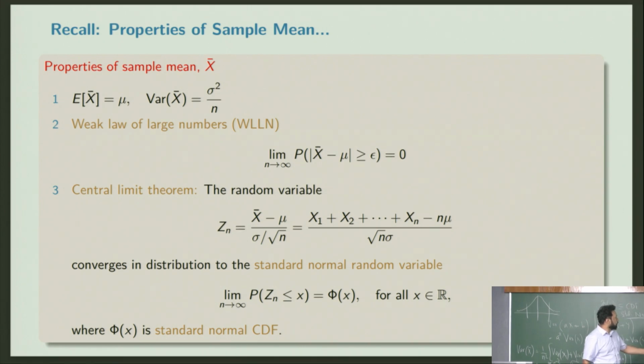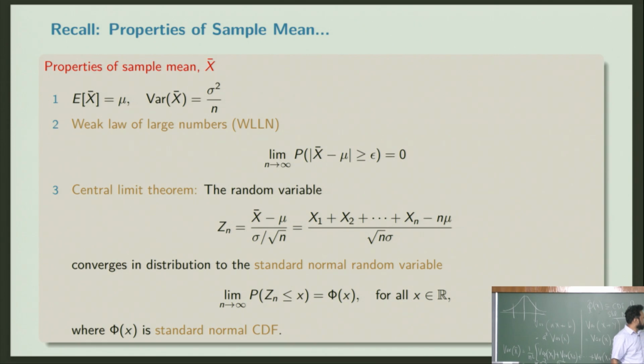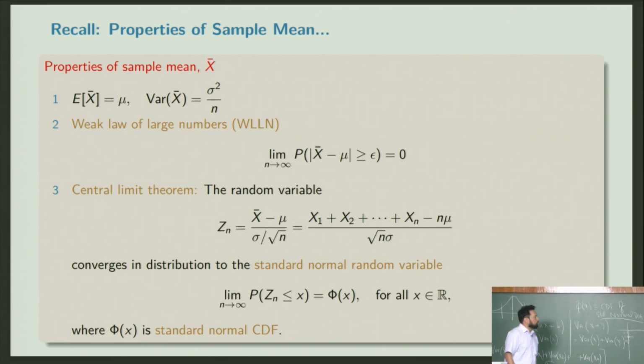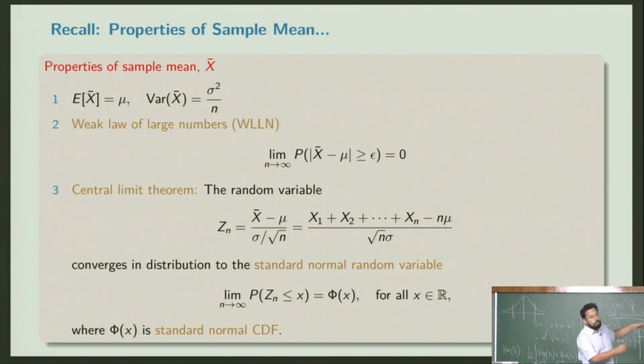So I'll substitute everything there. Whatever question you have, you transform it into this form, read out the table values, and whatever question was originally asked in x bar, you can answer by reverse engineering this. Maybe I can do some examples at some point on this, because this is a big deal: how the central limit theorem can be used in estimation. I will do some concrete examples later on.